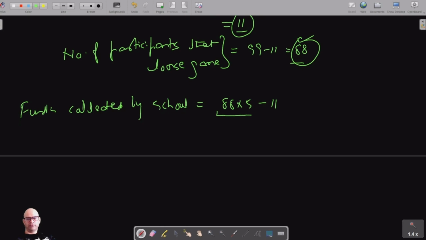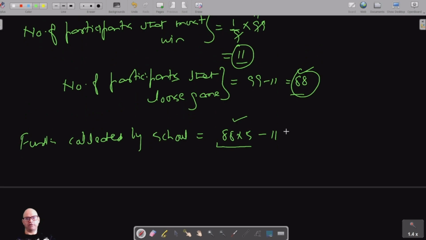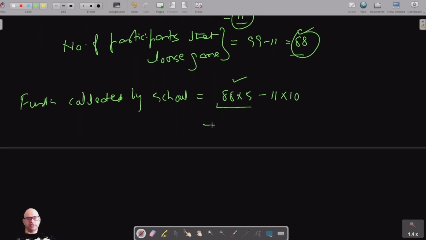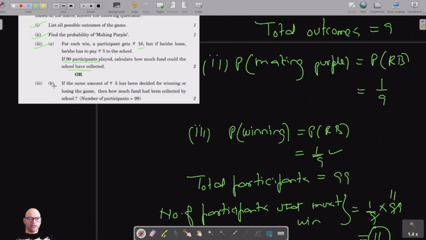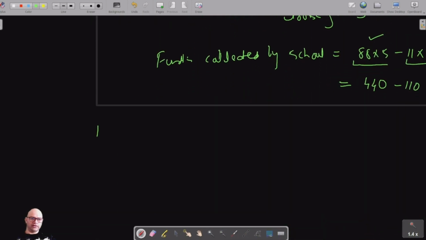So the losers will give this amount of money to the school, which is the fund collected, but we have to subtract the winning amount from the collected amount. So 88 5s are 440, minus 110, which is 330 rupees. Okay, now for the third